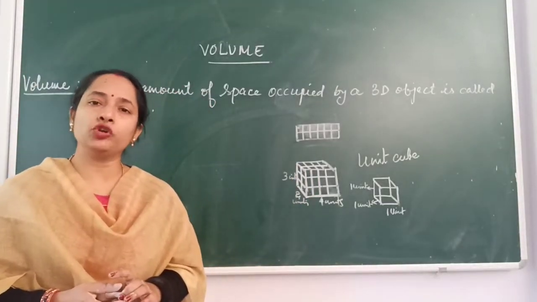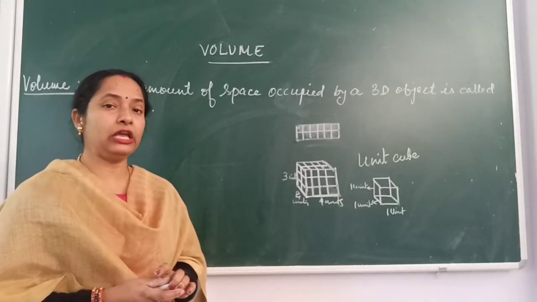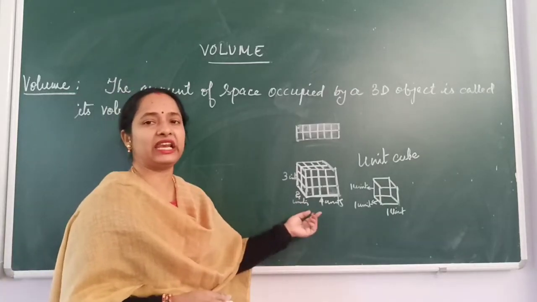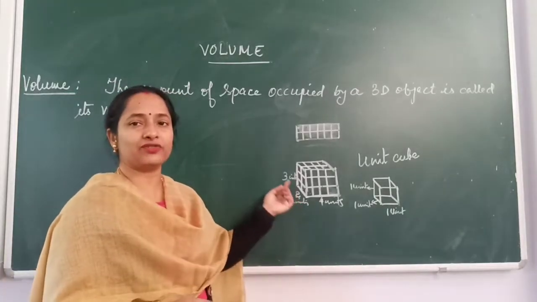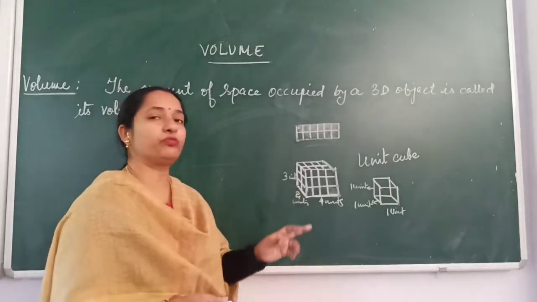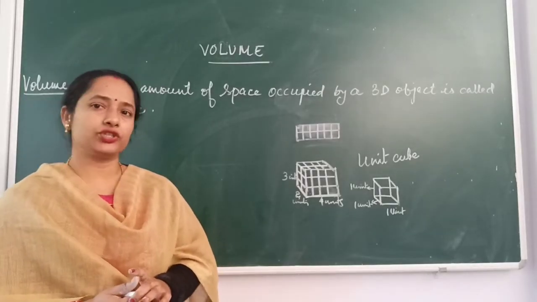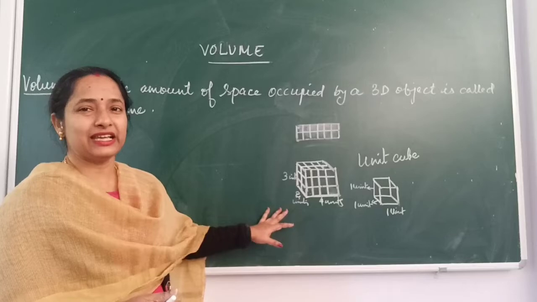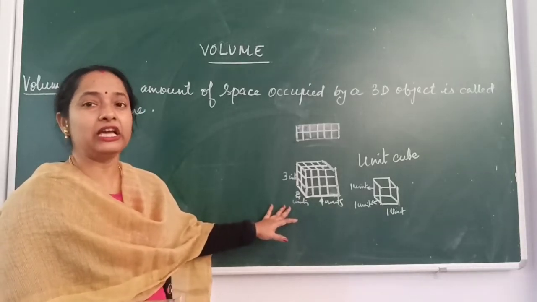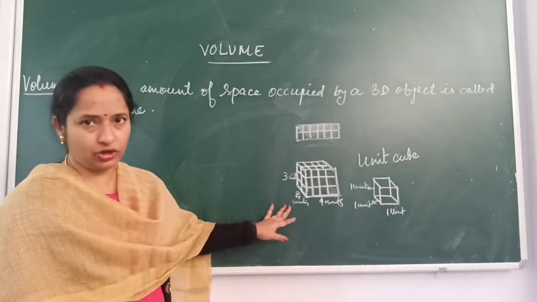What will be the volume of this particular cuboid? Okay, this particular shape is a cuboid. Why? Because it has a length and a width as well as some height. If the length, width and height are all the same, then it is called a cube. Here the length, breadth and height are different in measurement, so it is considered a cuboid only, not a cube.